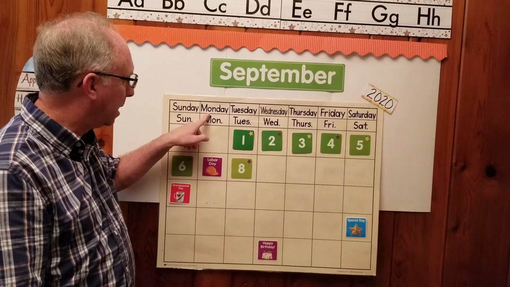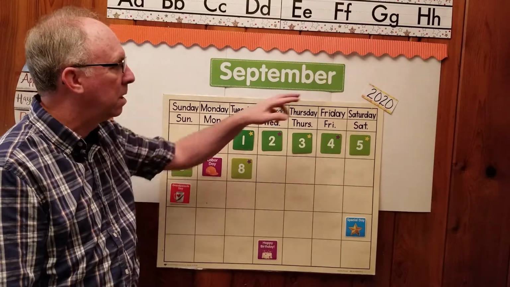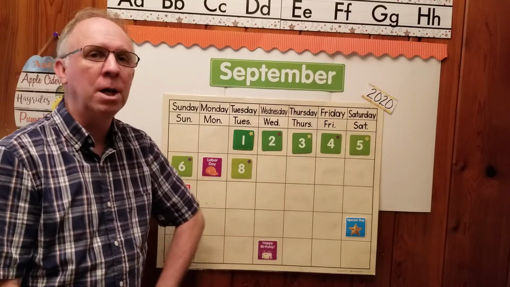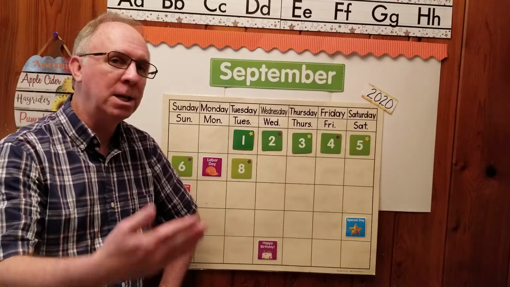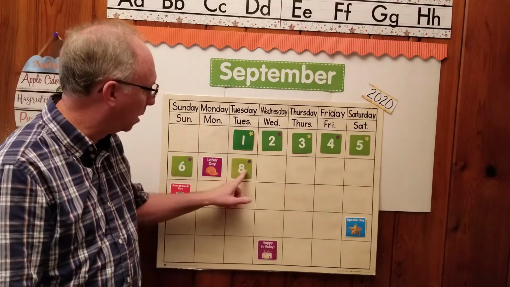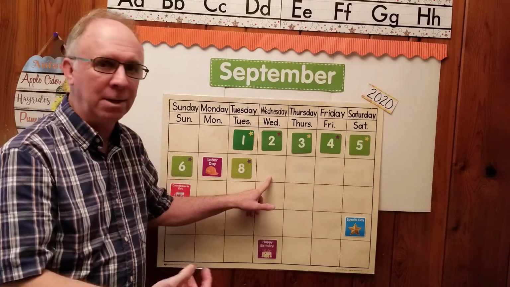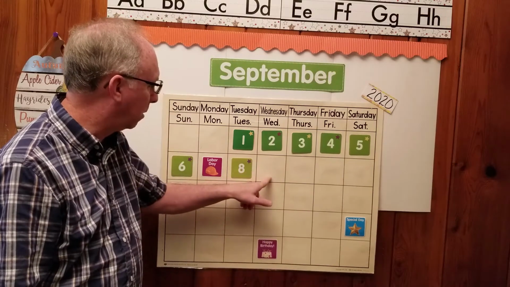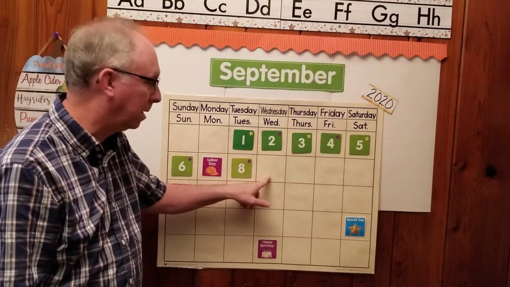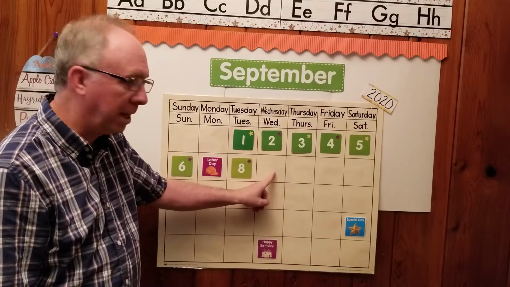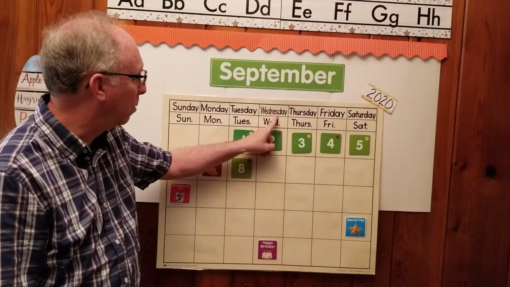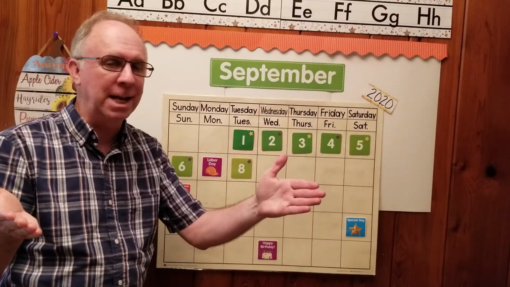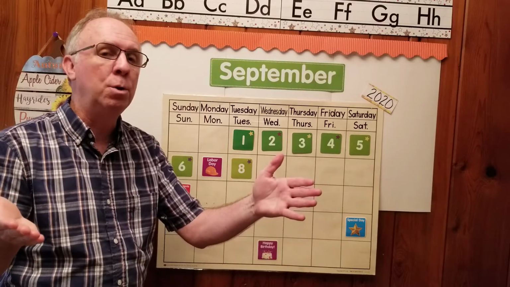Yesterday was Monday, September the 7th, 2020. Then I would ask the child to help me find and read what the date is going to be tomorrow. So we're going to look ahead. And this is bringing in the skill of counting in your head what number is going to follow the number 8. So we go here and find the next day, go up and find the day of the week, and follow the same sequence. Big fat juicy sentence that would say not today is, not yesterday was, but tomorrow will